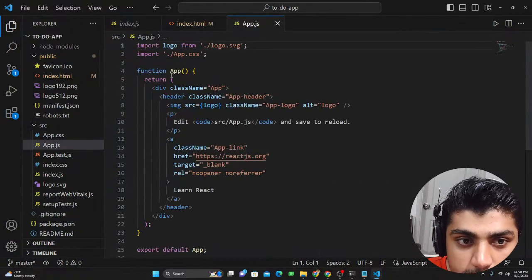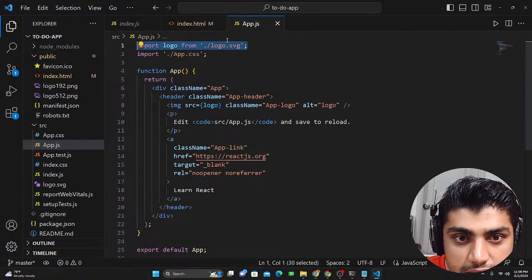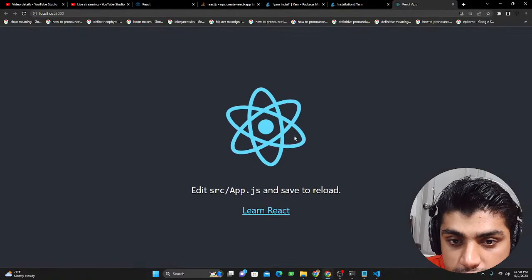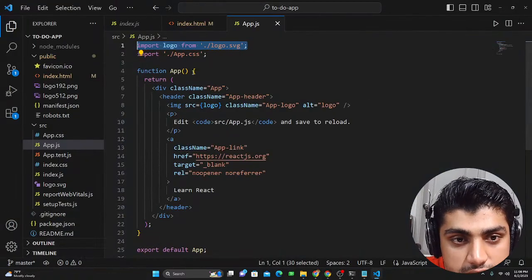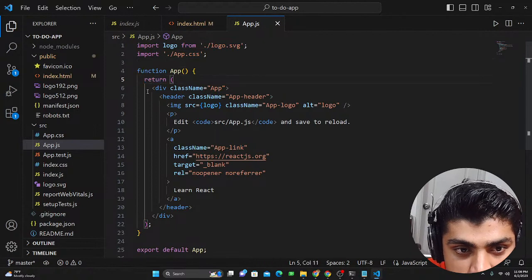Okay, so now over here, this is their function. You can see that it's adding the CSS. It's also adding that logo that I was talking about, that spinning logo that you see over here. Now you can see that this is the function app, and this is the return function, which is returning this